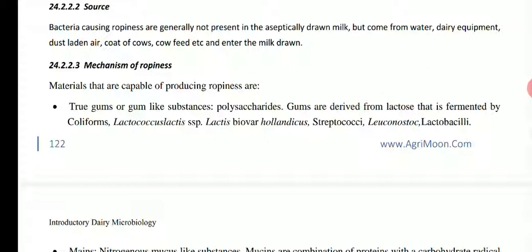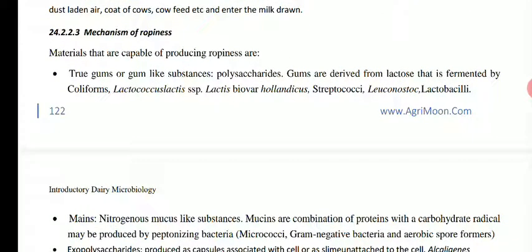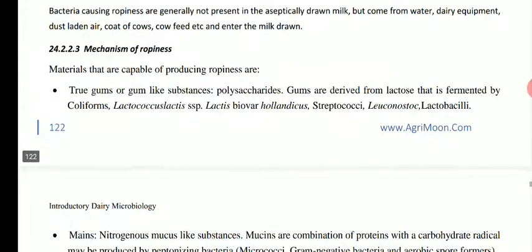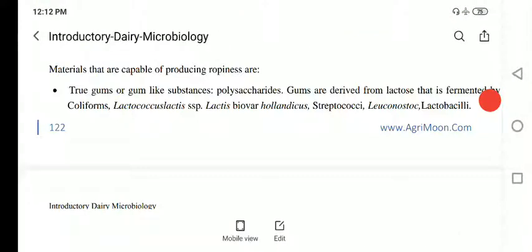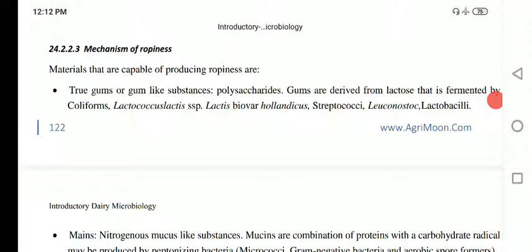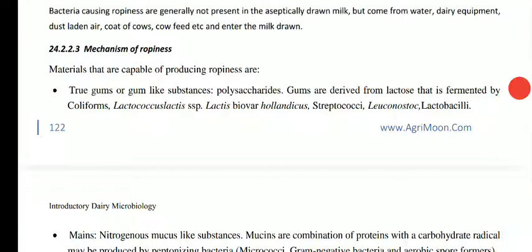These gums are derived from lactose that is fermented by coliforms, Lactococcus species, Lactis biovora, Streptococci, Leuconostoc, and Lactobacillus. So basically ropiness is the property or tail-like structure present in milk. These are due to gum-like structures that are polysaccharides, produced by fermentation of lactose sugar, carried out by different groups of